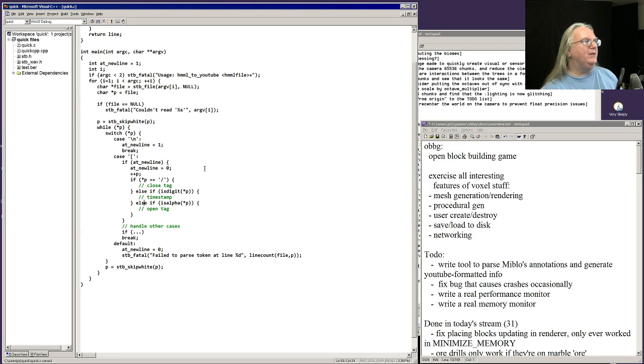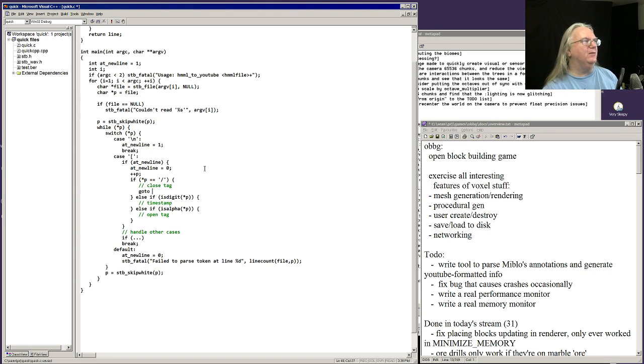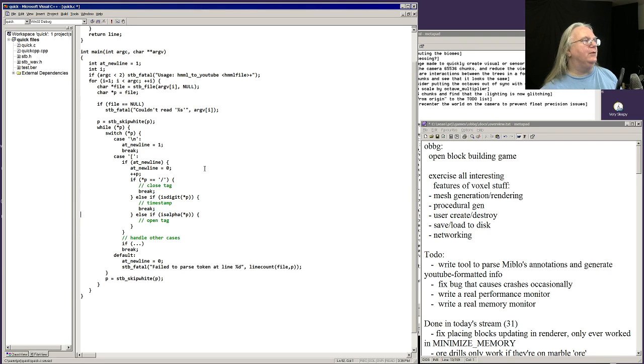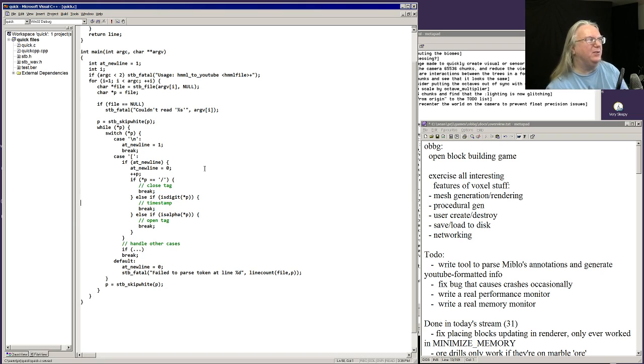Which means if you do parse the thing, you have to get out of this, which I guess we could just use break. So just to make it clear that we have to do that. Okay, so